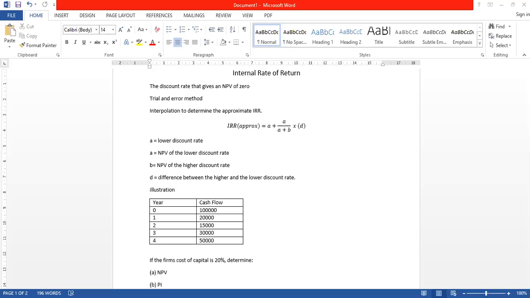Remember, if you draw a number line, between the negative and positive lies zero, and what you're looking for is zero. So once you take it very high and produce a positive NPV, the next thing you will do is bring it so low and then produce a negative